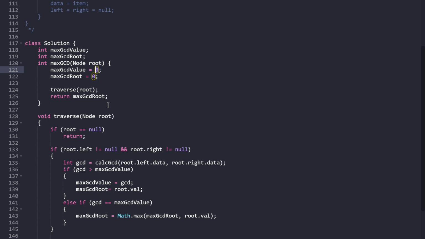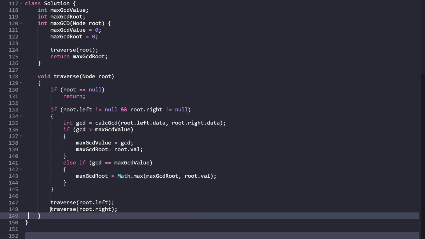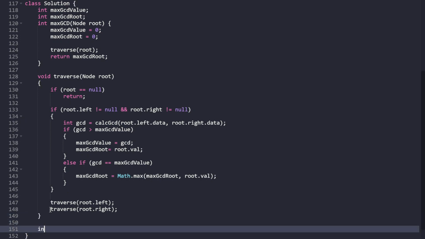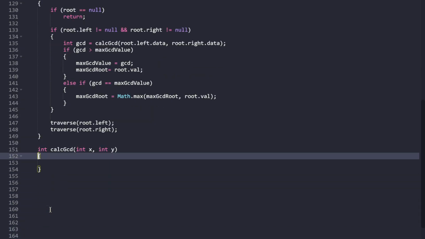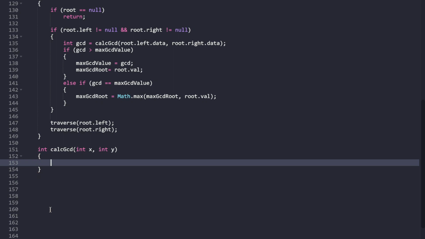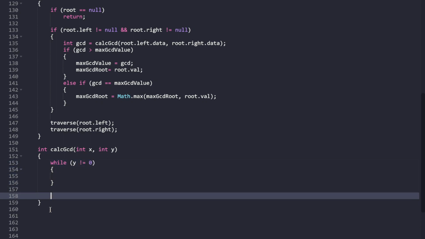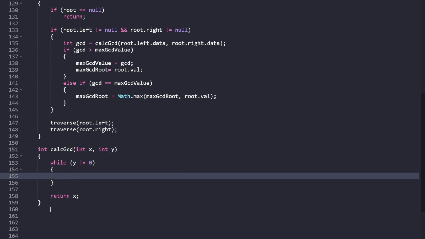So that's fine. Now let's do this bit of calculating GCD, right? x into y. The way to calculate GCD using the Euclidean algorithm of repeated division is: while your y is not equal to 0. So if your y is 0, you return x. GCD of something and 0 is something, right? So that's one thing. And otherwise, what you do is,